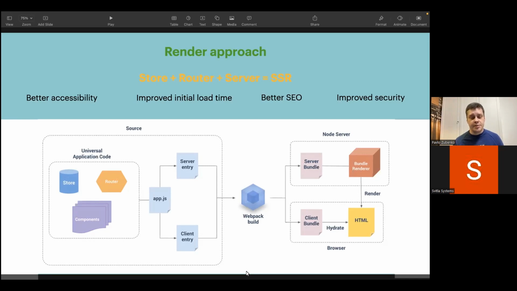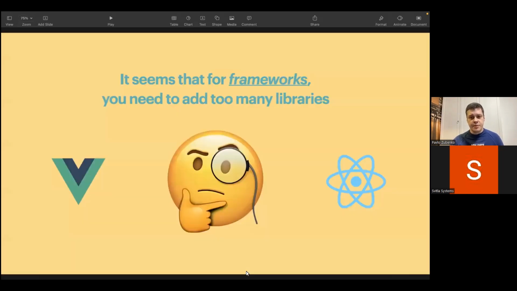But still, as you see, we have some kind of frameworks. We have different patterns of how we use them, but in both patterns, we have to add some extra libraries, extra components on top of those frameworks and those applications that we're building. We're building not just with Vue, React, or even Angular. We build it with Vue, React, Angular, plus extra libraries, which cover some functionality, some architecture solutions, and so on.